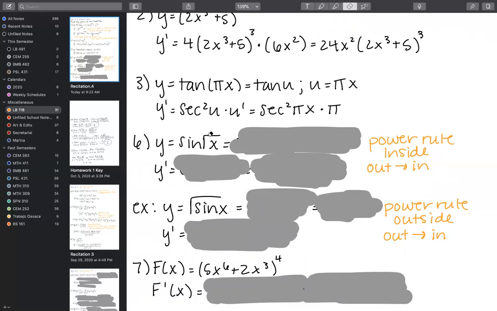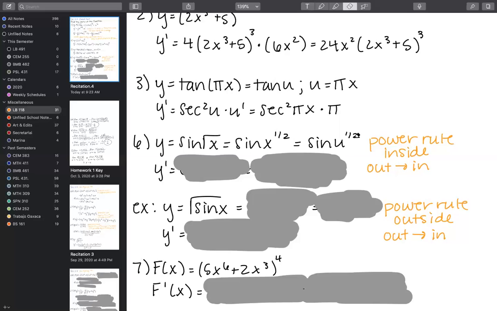But in this case, we see the power rule is on the inside. So the square root is affecting the x, it's affecting the variable. Here, the square root is affecting the entire function. And so it's going to look a little bit different in terms of what's on the outside and what's on the inside. So we're going to do some fractional power manipulation. We get sine of x to the 1/2, and we're going to call x in this case u. This is a type of problem where there's not a lot of variables going on, so I wouldn't necessarily replace it as u, but again, you teach your own.